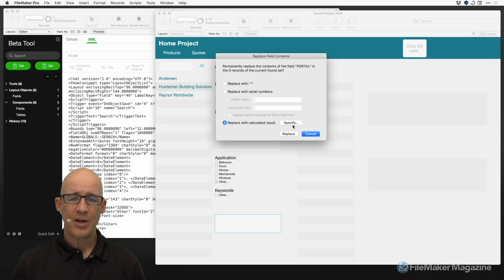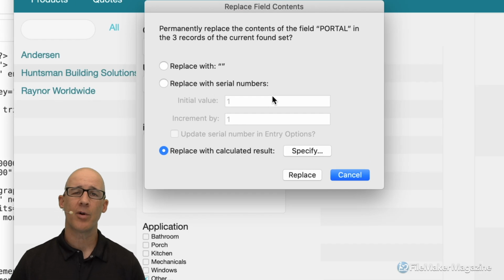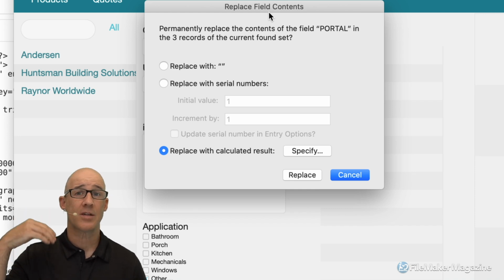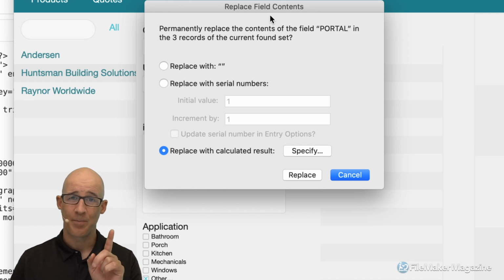So, you always want to make sure whenever you're doing the replace, I always like to select it and copy it to the clipboard so that if I want to rerun that replace again, I can just paste it off of the clipboard. Now, in this scenario, I am really comfortable with this replace field contents because I know I'm doing it on a global field. It's not actually writing to the actual field in the database of data that I'm interested in storing. If you are a cautious person, do not use this particular feature that I'm showing you, replace field contents,